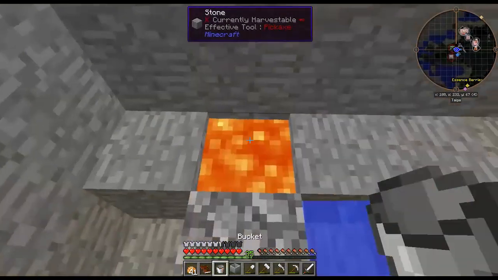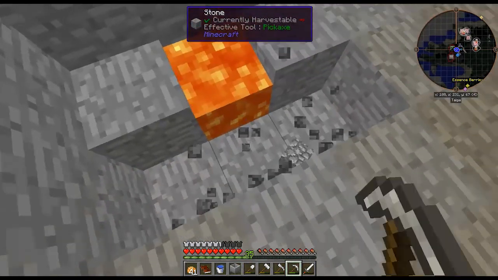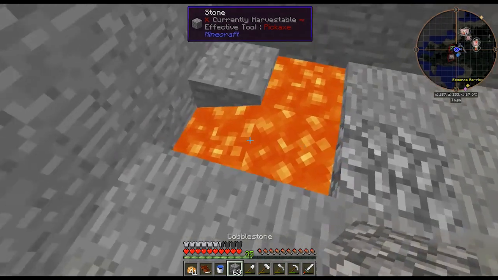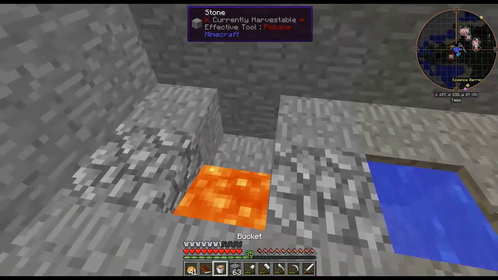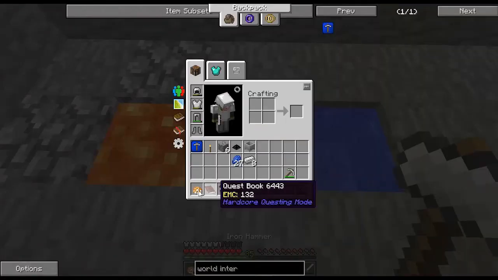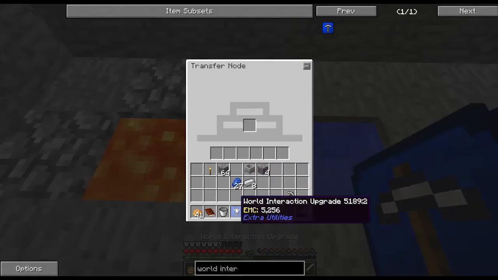Place the lava there temporarily. Move this. We want the lava to go here, yes. And the cobblestone to go there. That can be placed with cobblestone. I may switch it out for smooth stone eventually, but right now I don't think it's necessary, because it's just a foundation. Place the transfer node there with the world interaction upgrade on it,